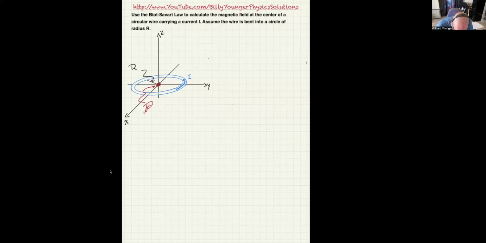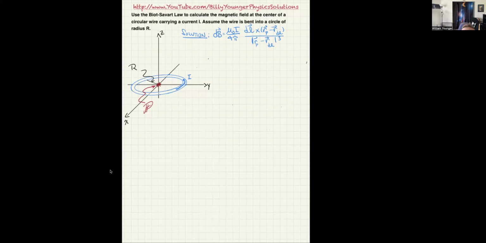So Biot-Savart law is, let me start by saying dB, the differential segment of magnetic field, dB, caused by a little section of wire carrying a current I in the direction dl, is given by mu 0 I over 4 pi times dl cross (rp minus rdl) divided by the magnitude of (rp minus rdl)